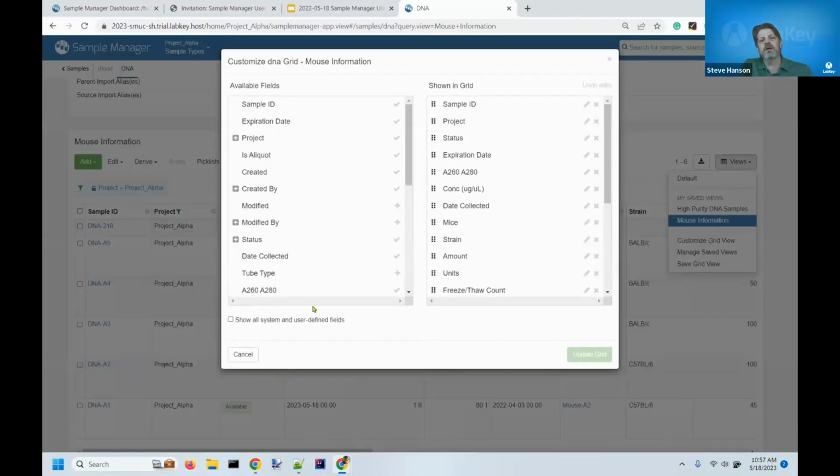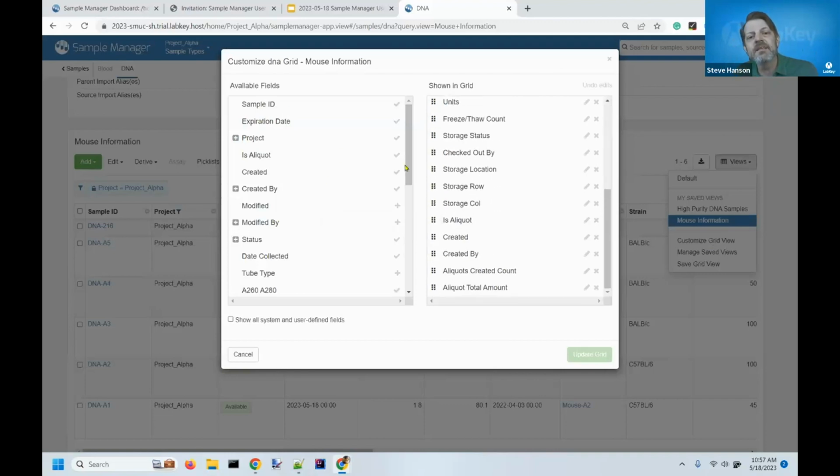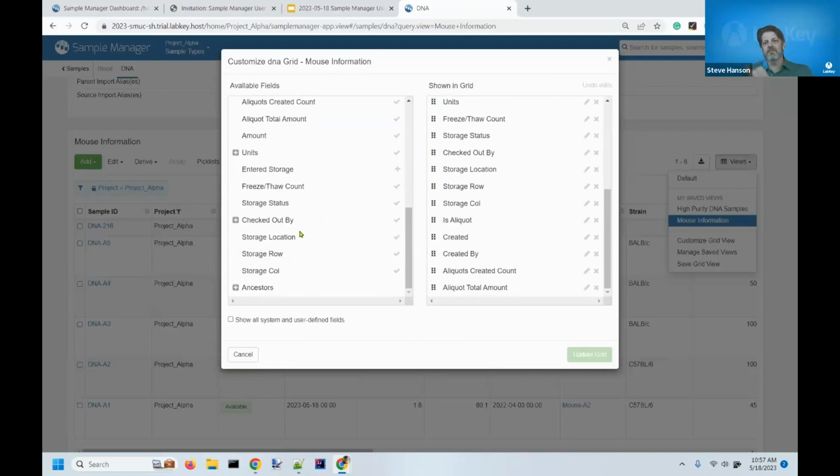This will give you a pop-up dialog where you have 2 panes. On the left are all of the available fields that you can show in your grid. And then on the right, these are all of the panes that are actually in the grid right now. And what I've done in this case to get that mouse information into the grid is I opened up this